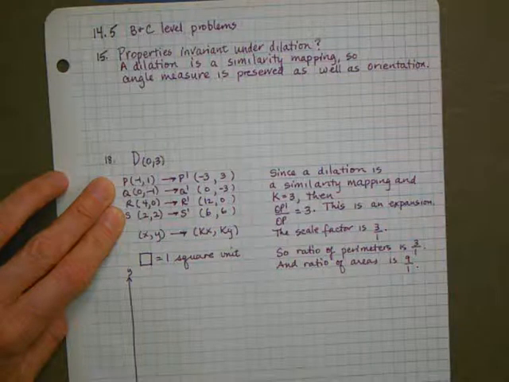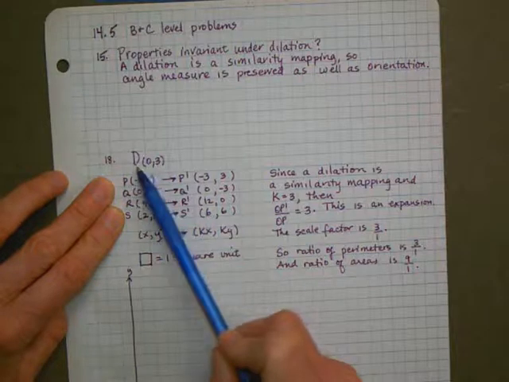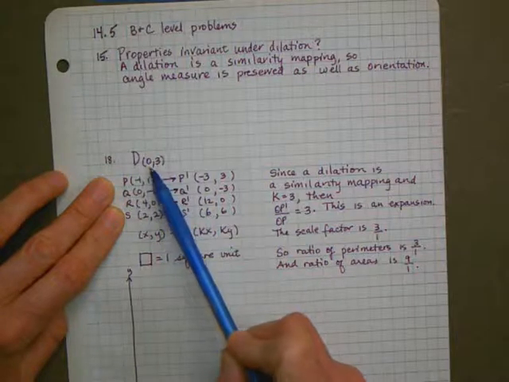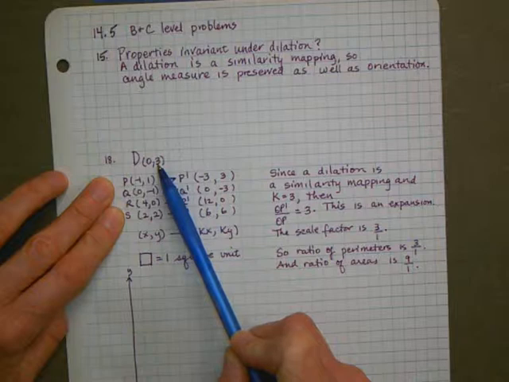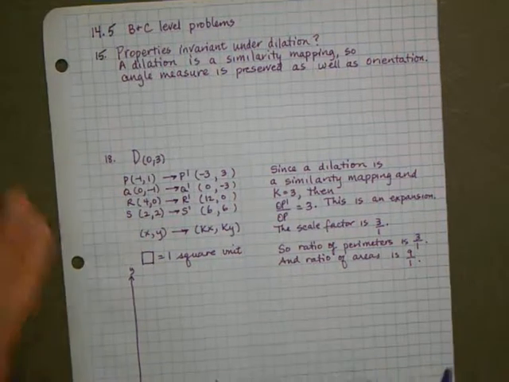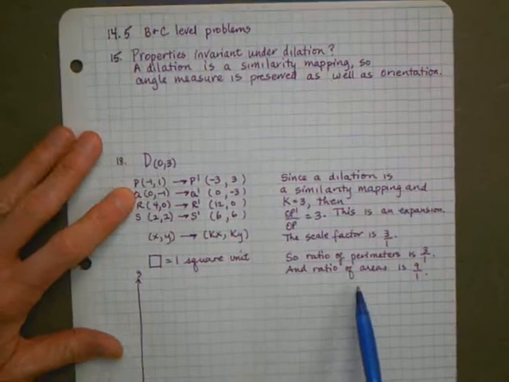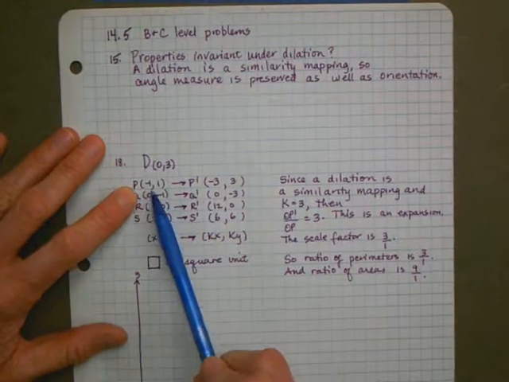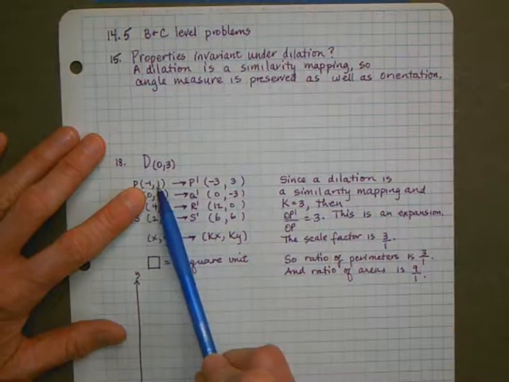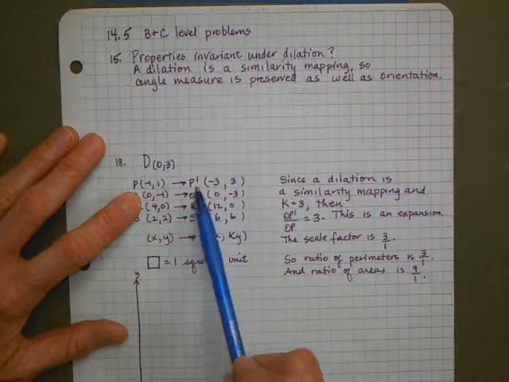Now the dilation given is the dilation centered at the origin with a scale factor of 3. So what I need to do is multiply each of the x and the y coordinates by 3 in order to get the image of the point